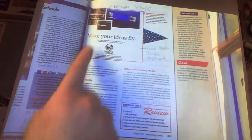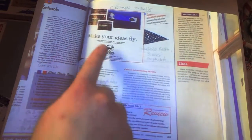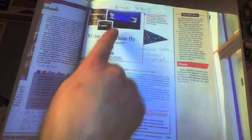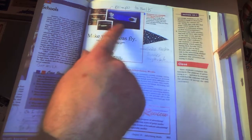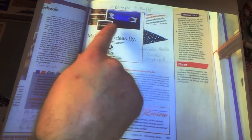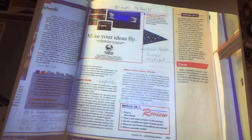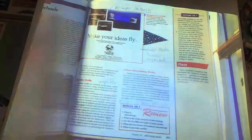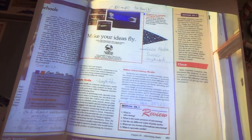And then the last thing over here on page 263, there is a little banner up here, and it has Make Your Ideas Fly, and it's talking about this company that has aerial advertising, and this is probably some of the biggest advertising you'll see is these banners that they tow behind airplanes, and that's pretty common in big cities where they have the planes flying around with banners behind them advertising. So advertising can be something as big as a big banner being pulled by a plane, or a blimp like the Goodyear blimp, or it could be as small as something as a pen or a pencil or a golf